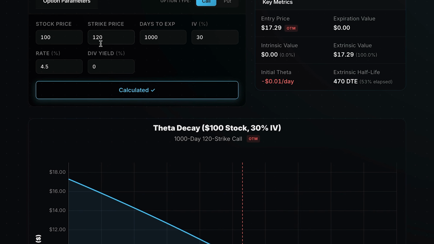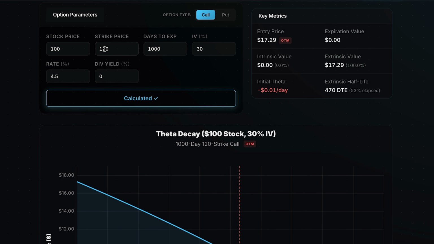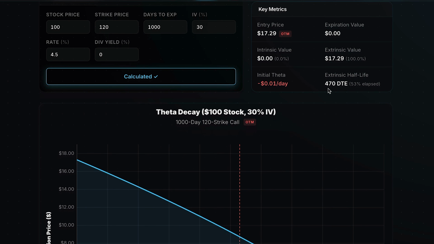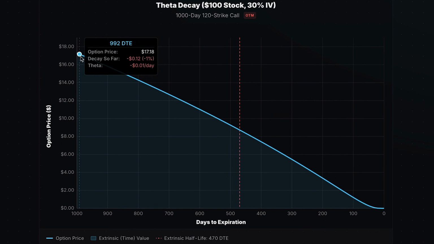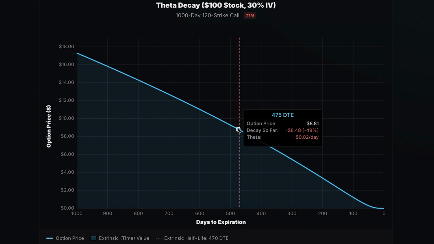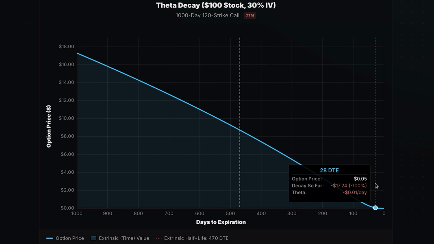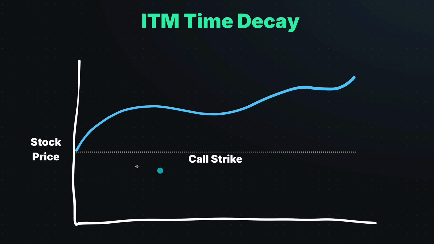If we do a 120 strike call option, just 20% out of the money, and it's 1,000 days to expiration, we see that we lose half of the option's value much sooner, at 470 days to expiration, which is only 53% through the trade. The options decay in this instance is fairly linear, which is the case for in-the-money and out-of-the-money options. But it actually slows into expiration because all of the extrinsic value is already lost before expiration is actually hit. But all of these examples were for at-the-money call options, but once an option becomes in the money,